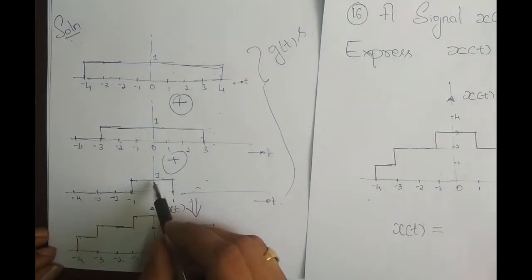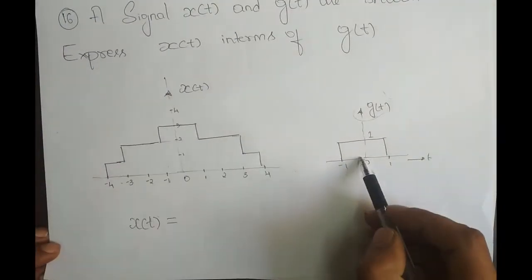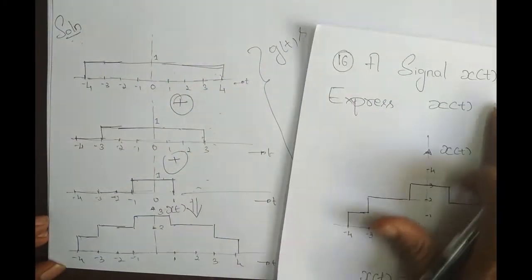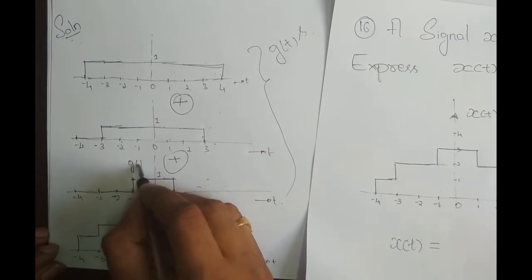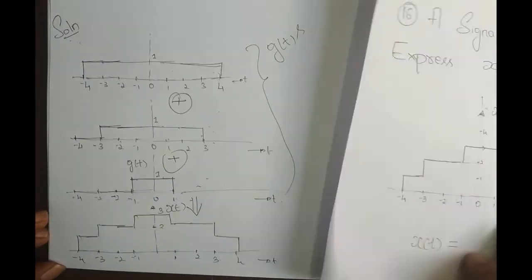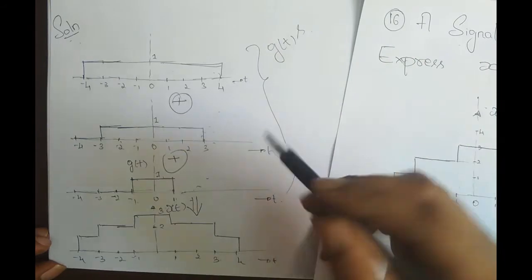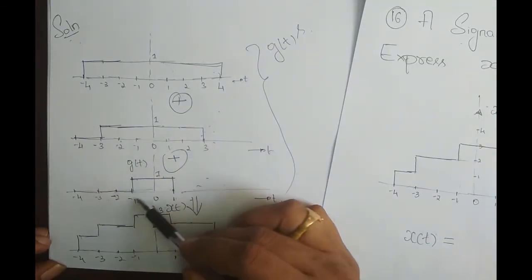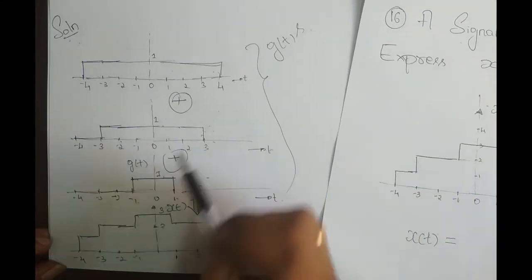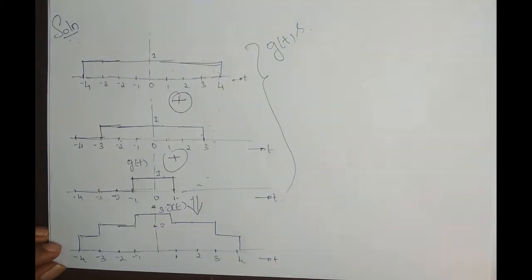Okay. Now shall I call this g of t? What is my g of t? G of t is this, no? It is 1 for t varying from -1 to 1, right? So this is what I can call g of t, which is 1 for t varying from -1 to 1. Now, how do I represent this signal in terms of g of t? Basically it is an expanded version, right? From -1 to 1 before, after expansion it went to -3 to +3. So how do I expand? What is the mathematical equation to expand the signal?